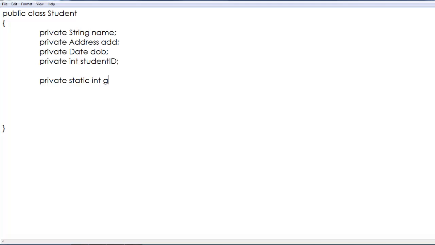Let's call it global ID. And I'm going to start it off at 1,000. What that means is every single student has a name, an address, a date of birth, and a student ID, and they can all reference this one global ID. So that way, public